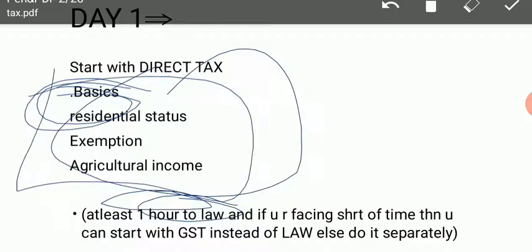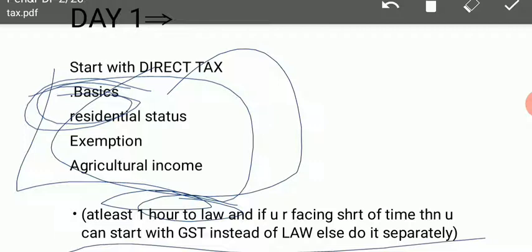What you have to do is cover your teacher's material and your study material, and if you get time, RTPs, or else you can cover RTP afterward. But you have to do your study material and your teacher's material on this day. Along with that, if you are from the category who has only 10 days to allot to this subject, then you have to club GST along with this.